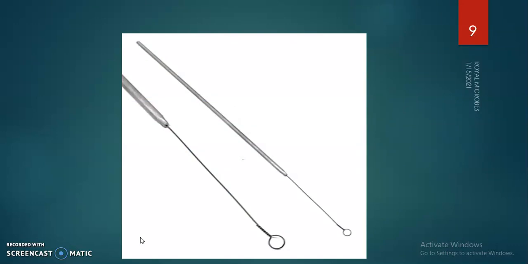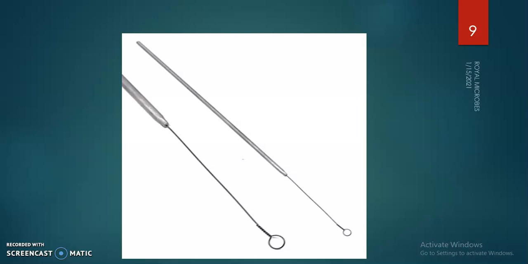This is specially meant for the beginners in microbiology. This is the inoculation loop. This is the loop and this is the loop holder. We can see two loops here and this inoculation loop is mainly made up of nichrome wire. Nichrome is an alloy and the pure metal suggested for making an inoculation loop is platinum. We all know that platinum is very costly, so we are using nichrome wire for making the loop.